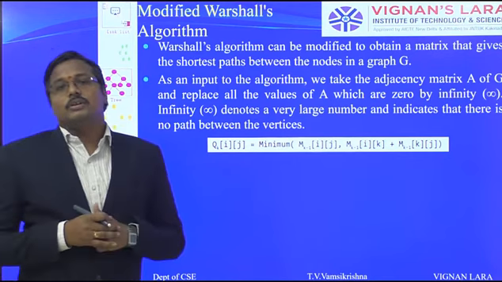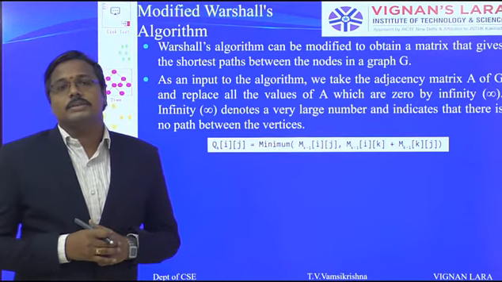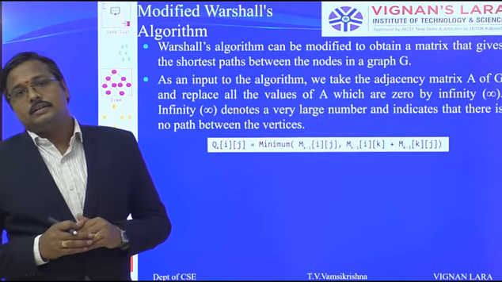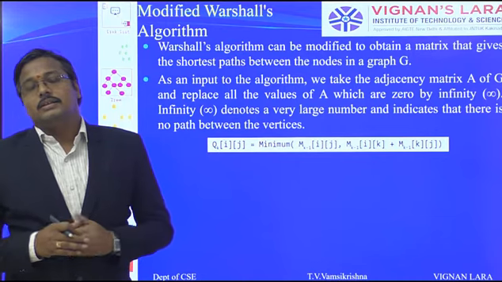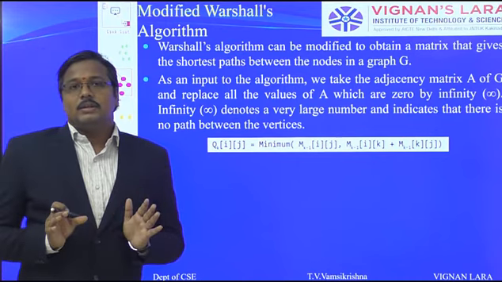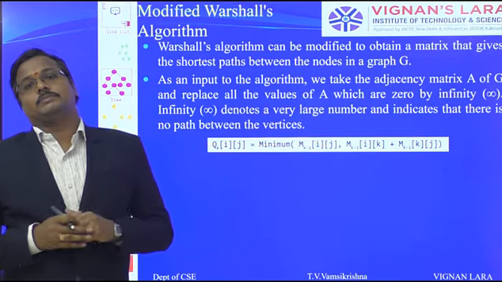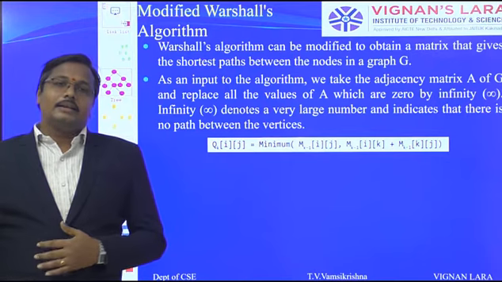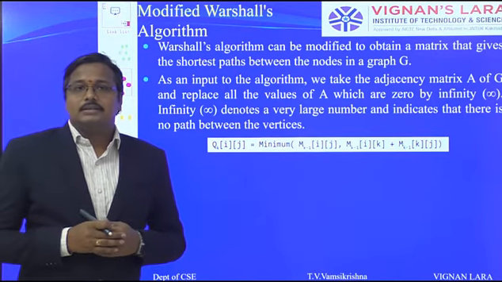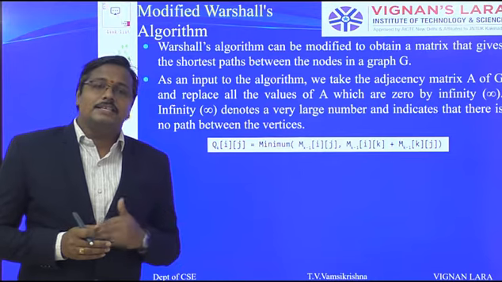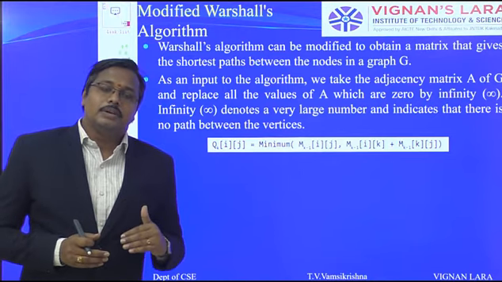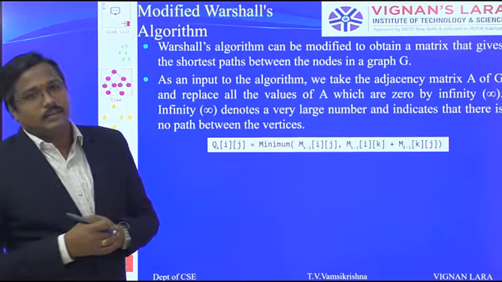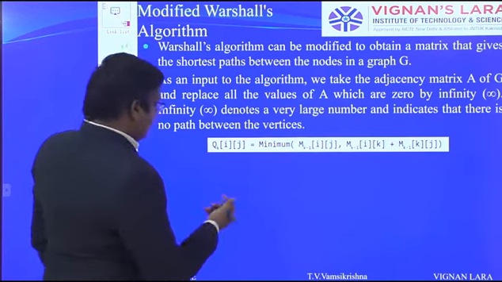The non-zero value represents the weight of the corresponding edge. And here the zeros are eliminated based on the algorithm logic. The zeros are replaced with some maximum positive integer, or according to mathematics we can say infinity. Why? Because there is no distance between those two vertices, so simply we mention the distance as infinity. That's why the formula also changes a little bit.